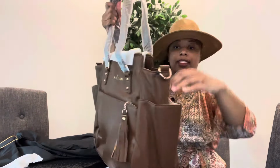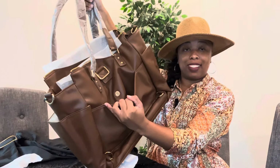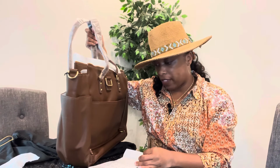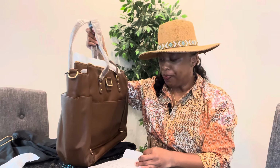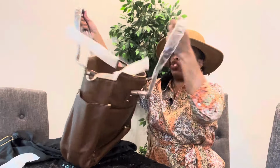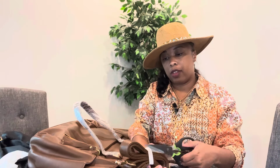You've got that end and that end, and you've got this back end with a snap closure. And also you can fit devices up to 17 inches measured diagonally for your laptops. And they do sell extra large straps if this strap isn't long enough for you. And this is the actual strap that it comes with. So we're going to